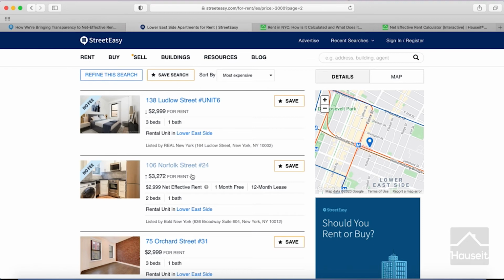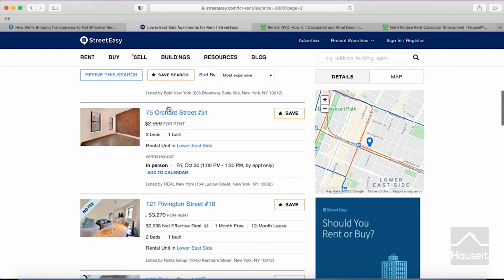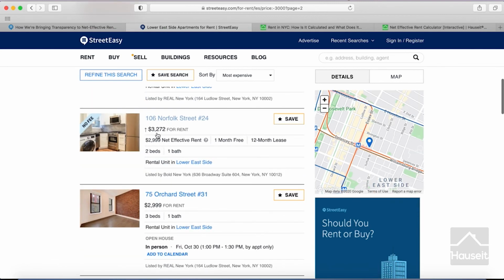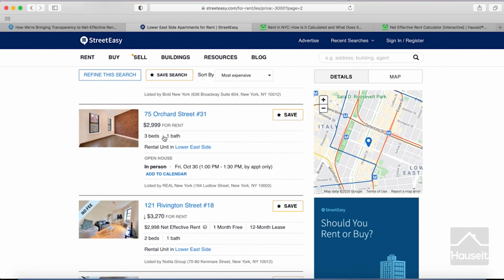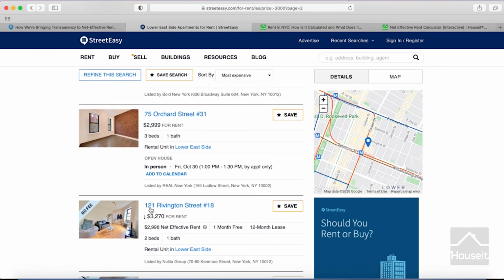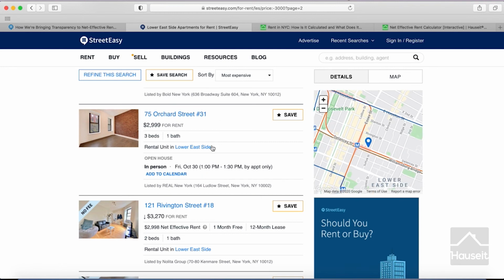So in other words, when you're searching for listings, you don't have to worry about the distinction between gross and net effective in terms of the economics. The search results will be showing you results based on the actual effective rent for the listings that might meet the criteria. So as we scroll down here, again, you'll see $2,999, $2,999. This one doesn't have any incentives because there's no net effective. And as we go down, although the price steps up to $3,270, we'll see as well that $2,998 is a net effective. So it is going, in this case, having been sorted by most expensive.